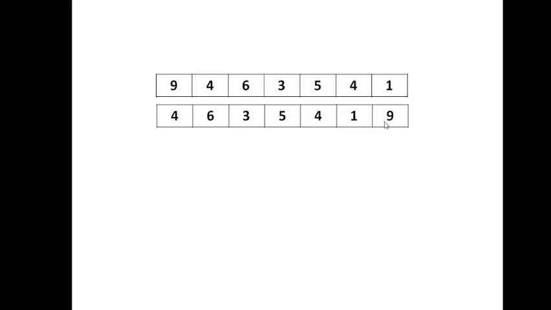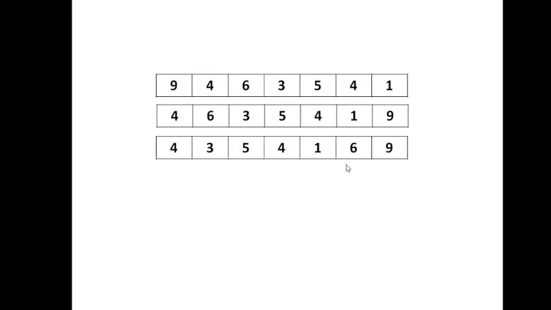So this is how bubble sort proceeds in the sorting. So we have got the list like this, and we have to repeat the process again till n minus 1 times. So 4 and 6 are compared, no change is required, but 6 and 3 are compared, a change is required. So 3 will come here, 6 will go there, 5 will come, 6 will move, again 4 will move, and 6 will eventually come to this position.